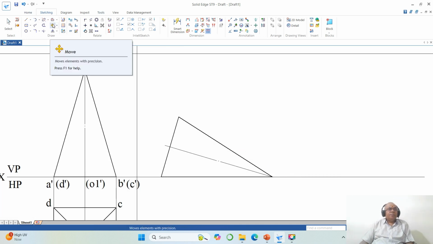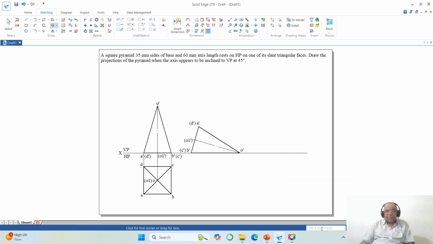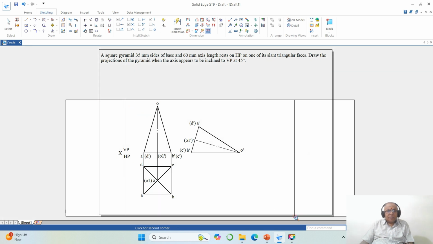Now you go to move, enable copy, you take B dash, then you take C dash, then you have O1 dash, then you have A dash, then you have D dash. Okay, then you have O dash here. Okay, now once you do that, you come down to zoom window and now you bring this bottom side to nearer the screen,